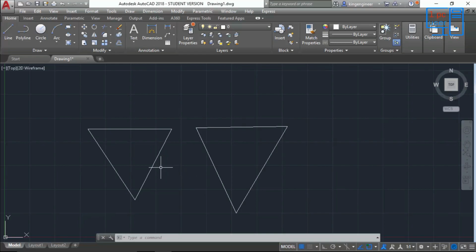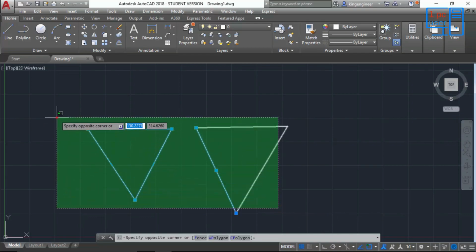And if I select only this object, then it will select entire object. And in line command, if I will select this object, then it will select only one line. It will not select other lines which is connected to this line. And in polyline command, it will select entire object. So this is basic difference between line command and polyline command.